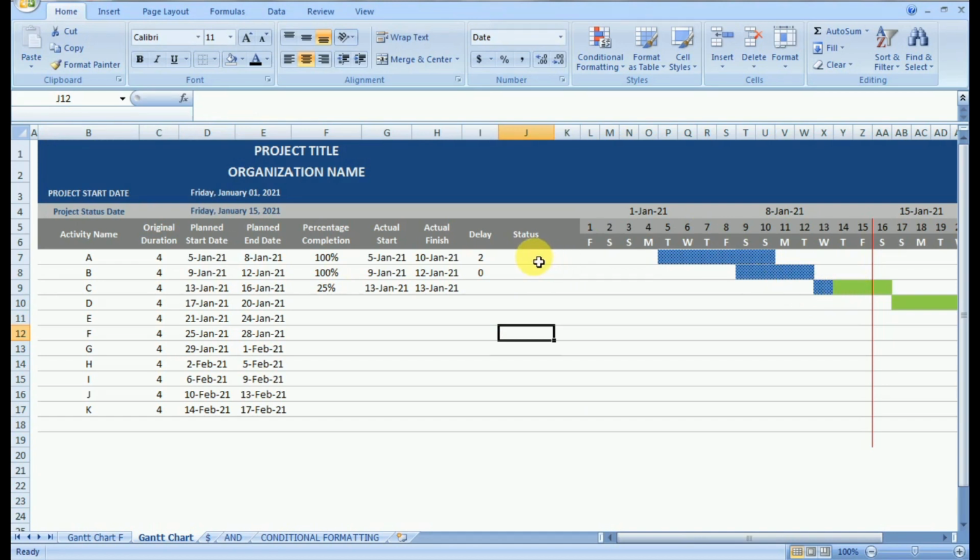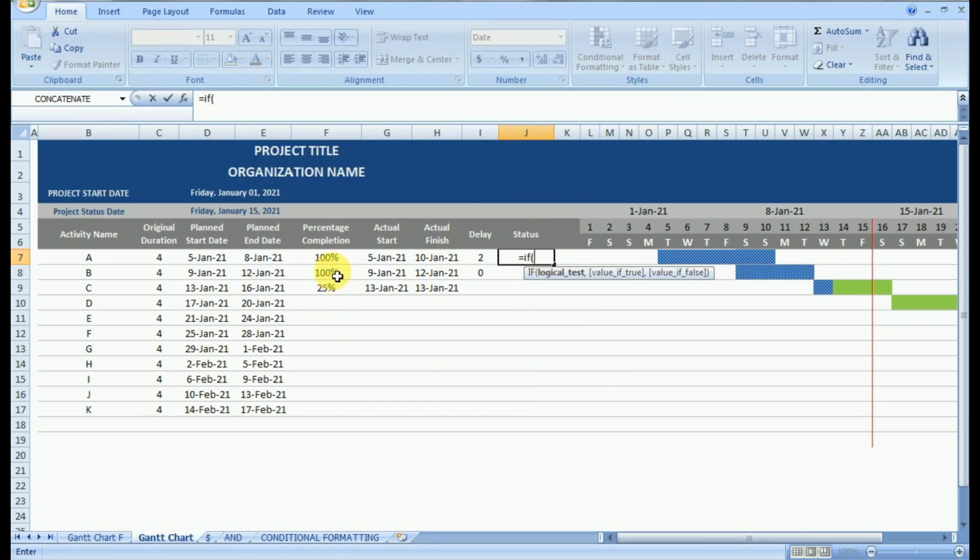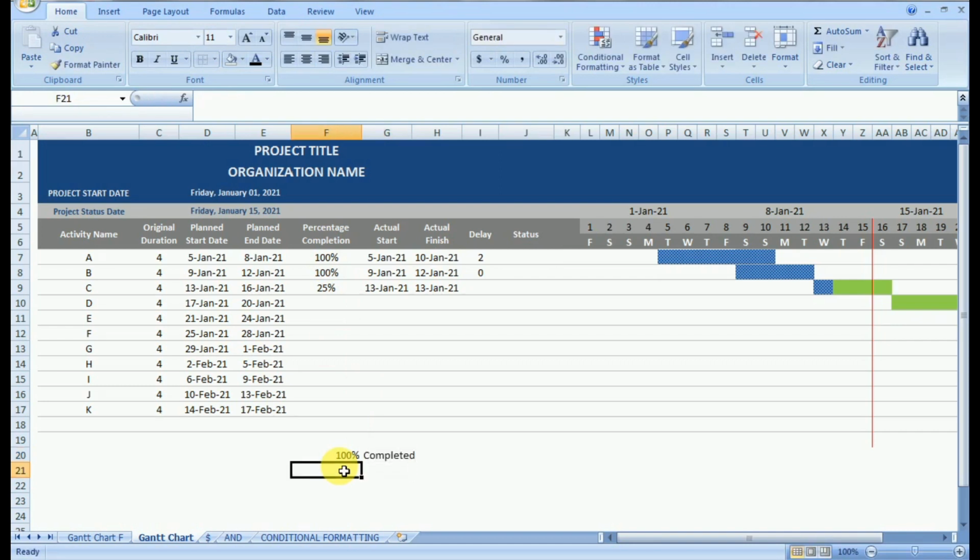Till now we haven't used any new command, but now to get the status we will use a new command, which is the IF command. The IF command can be used when there are multiple inputs based on which we want a certain output. Now let us see how the IF command works. When we write the IF command, there is a logical test. Now our test will be whenever, let us see what input can be there. Either we can give an input as 100% and we want the output as completed.